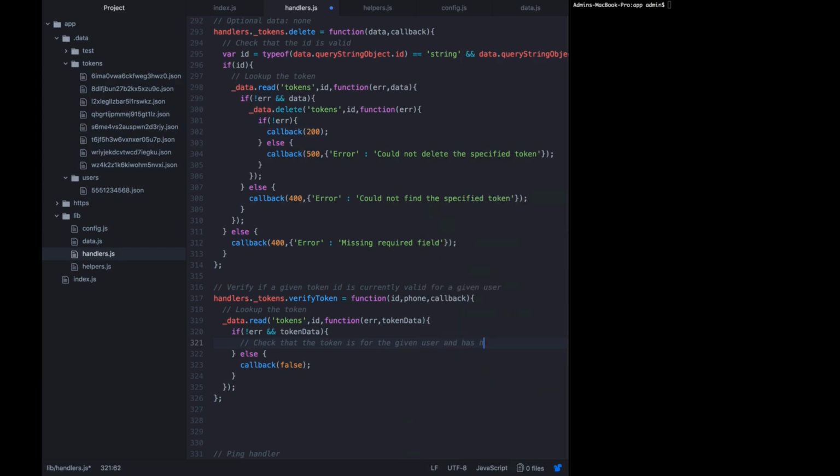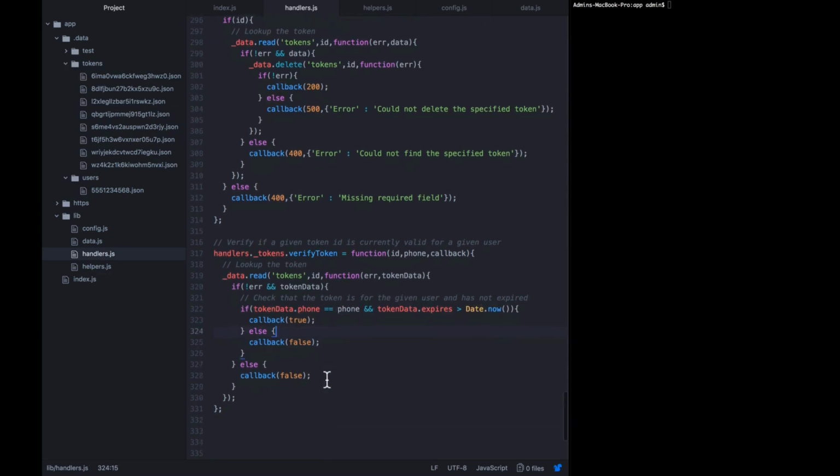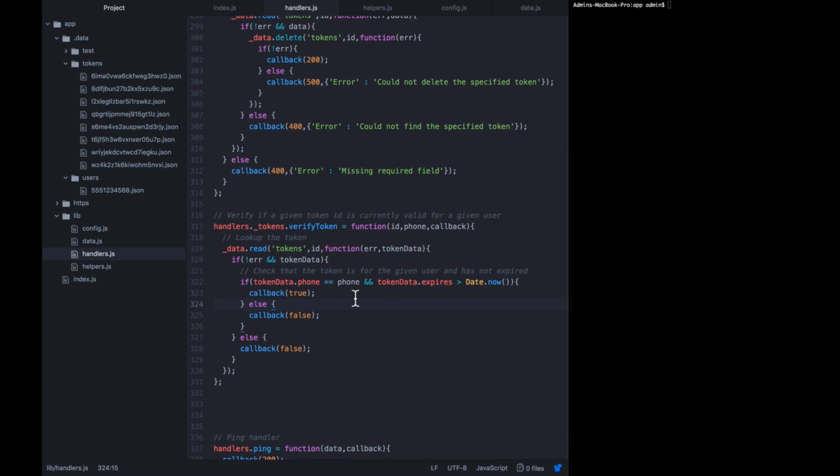and has not expired. So we do that by saying if token data.phone equals the phone number provided and token data.expires is greater than Date.now(), then everything's fine. Call back true. Otherwise, call back false, because either the token is expired or it wasn't for that phone number. So now we have a general purpose function that can compare a token ID to a phone number and see